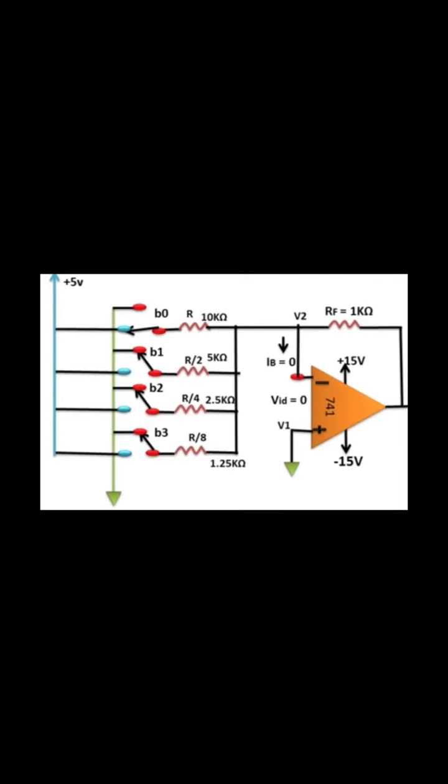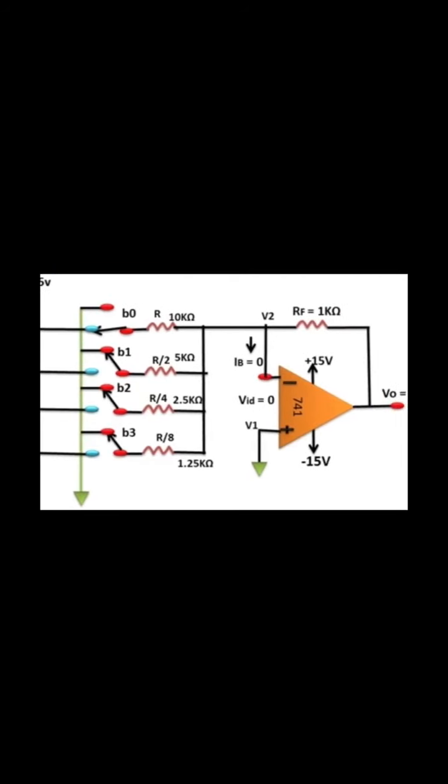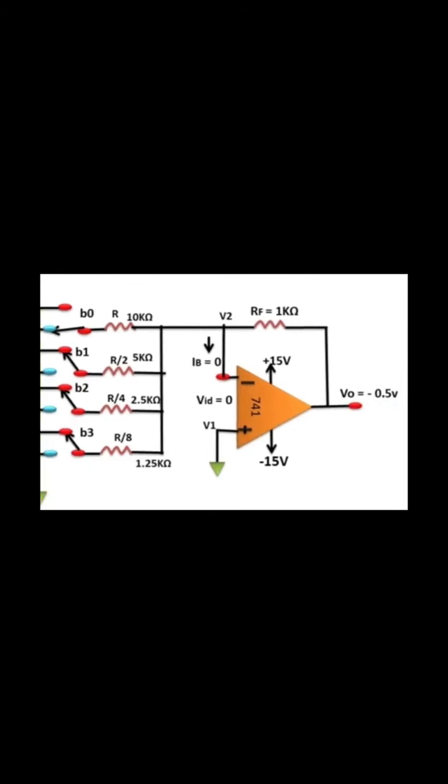Therefore the current I through R will be 5 volt divided by 10 kilo ohm, which is 0.5 milliampere. However, the input bias current IB is negligible, as we have said it is equal to 0. Hence the current through the feedback resistor RF is also 0.5 milliampere, which in turn produces an output